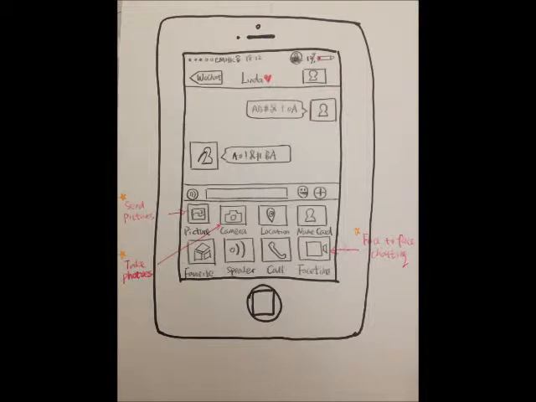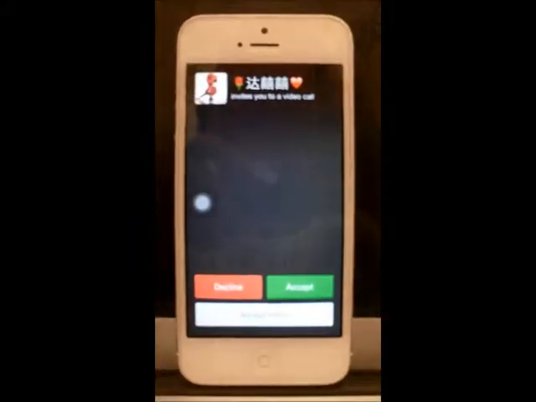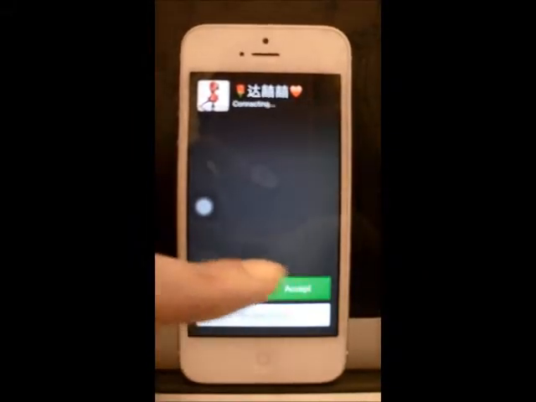Among these functions, FaceTime is an important way to communicate with other users. Choosing the button of video calls, you can